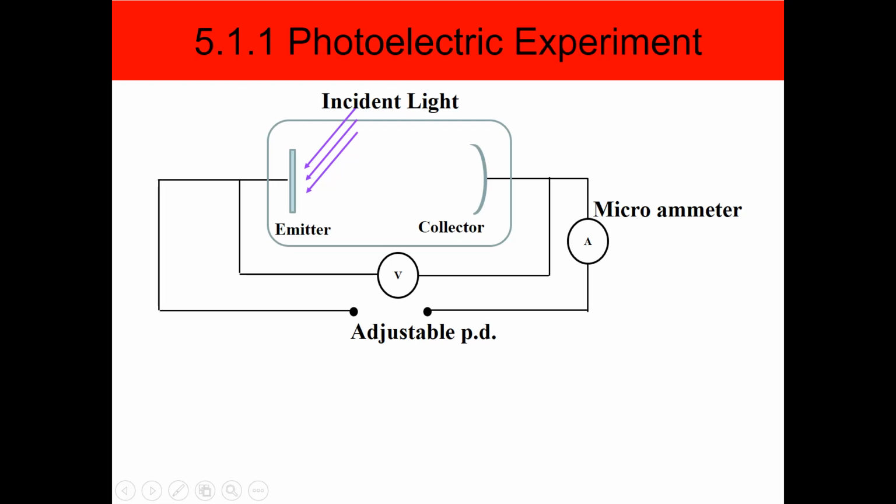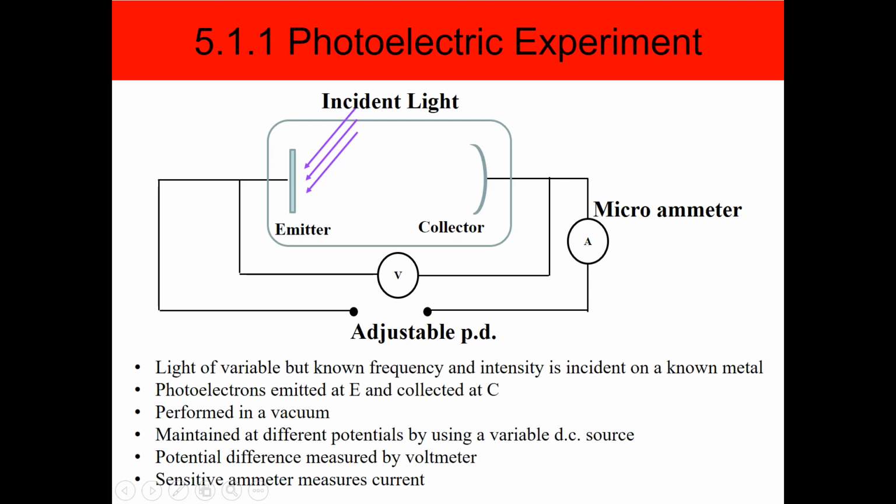Okay, so remember just now we were trying to measure the number of electrons through the emitter. We're trying to measure the maximum Ke of the electrons through the voltmeter with a stopping potential. Right, so this is the true setup for the photoelectric experiment. Right, that's all I've said. Right, the rest that just appeared is what I've said.